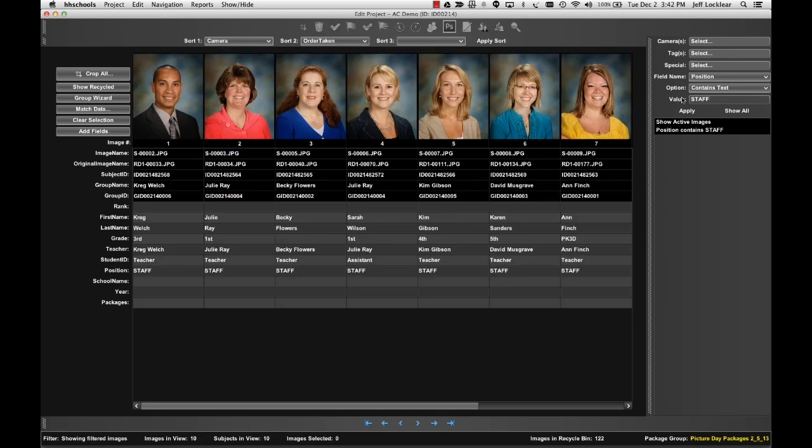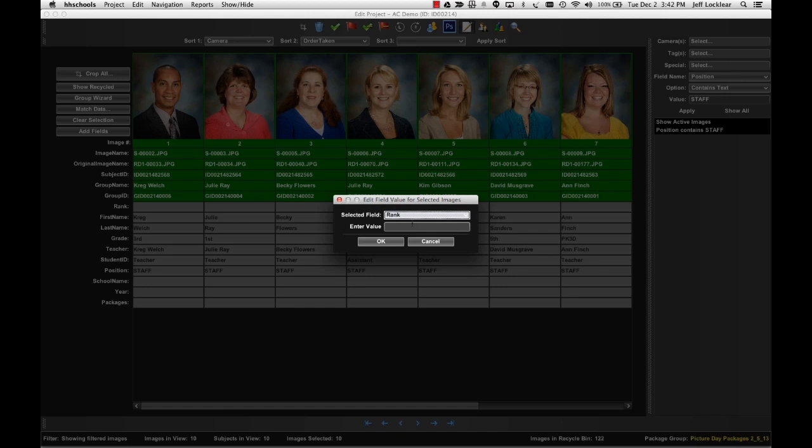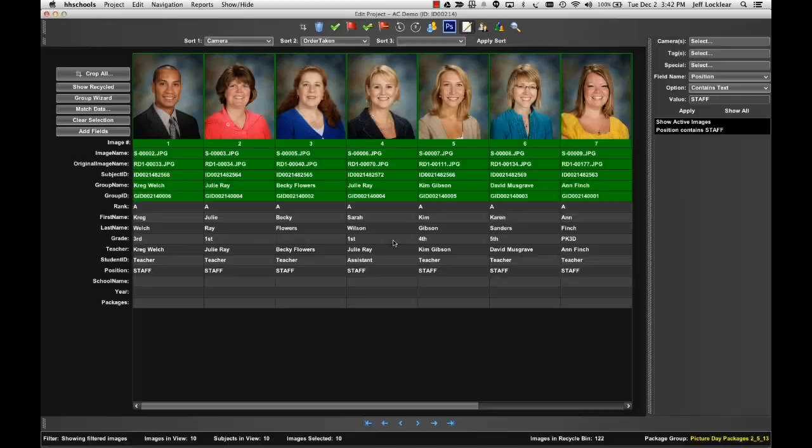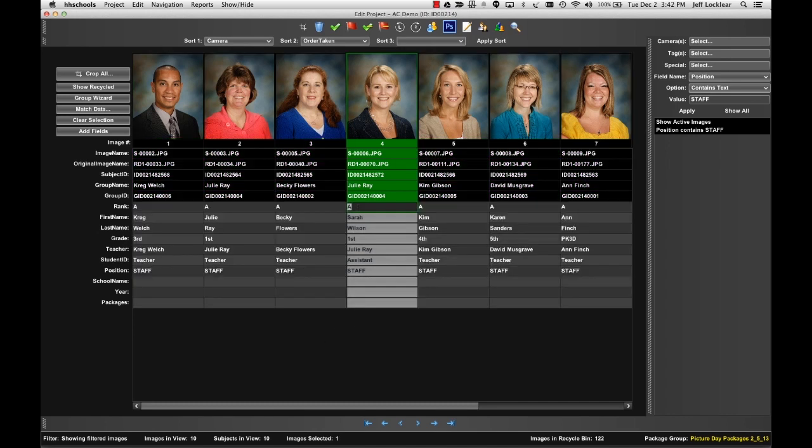Now we have all the staff. Now keep in mind, in the staff we have teachers and teacher assistants. So there aren't that many assistants. I don't want to do all that filtering for all that stuff. So I'm just going to go ahead and filter using rank. I'm going to give them all an A, and then just go through it selectively and change the